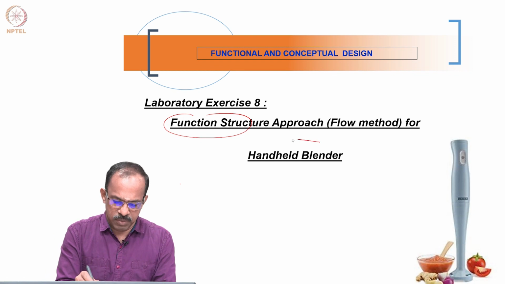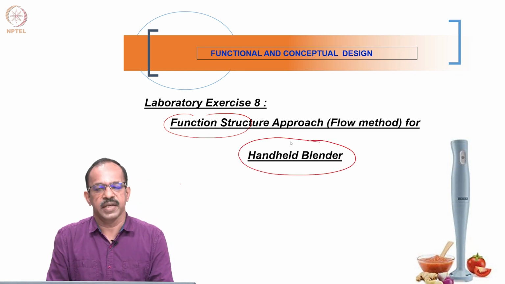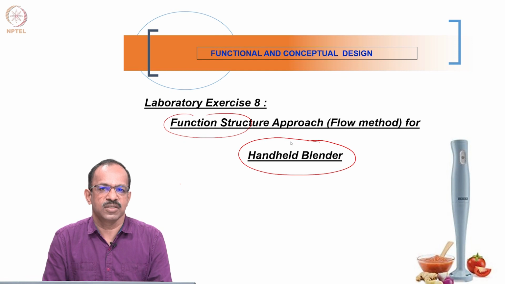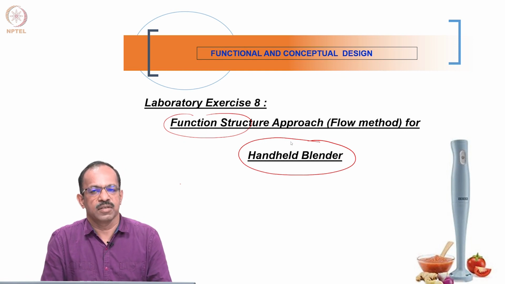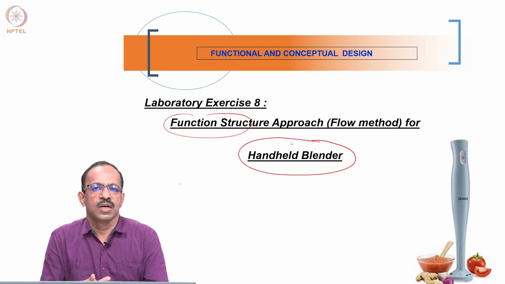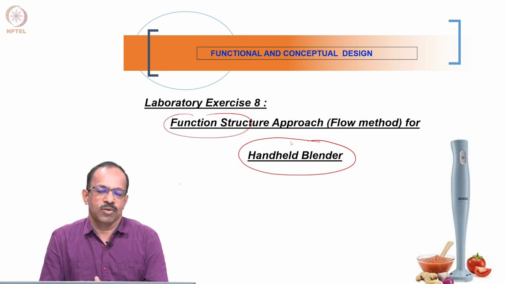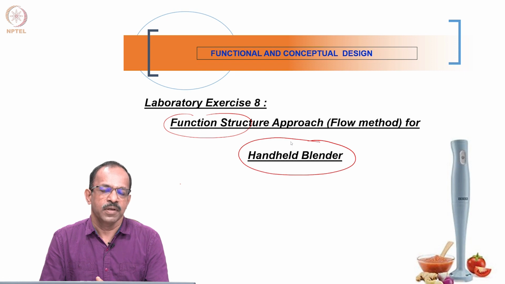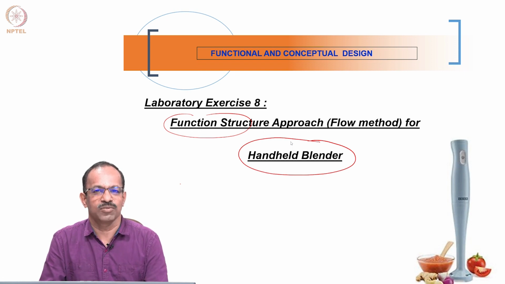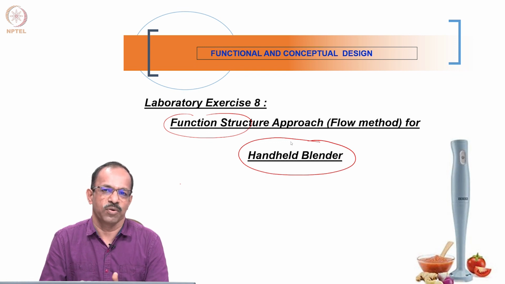And we take a simple product, which is the handheld blender. The blender is something commonly used in households, basically to blend some liquid or semi-solids. This product has features where the human will be holding it and it will be used to mix ingredients. As a product, it requires a lot of supporting things to work. It cannot work on its own just by switching on. Somebody has to hold it, so we need some container and things like that to support the use of the product.